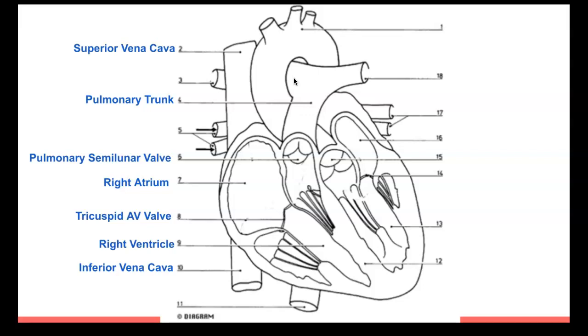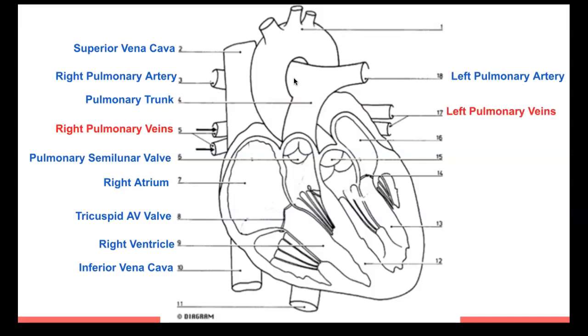So the pulmonary trunk is just the section of pulmonary artery before it actually branches into the right and the left pulmonary artery, which eventually lead to the lungs, and we do gas exchange at our lungs. So then we come back to our left side of the heart using the left and right pulmonary veins, which both kind of go behind the heart and lead into this section right here, number 16, which is the left